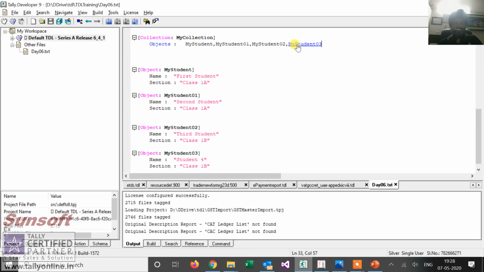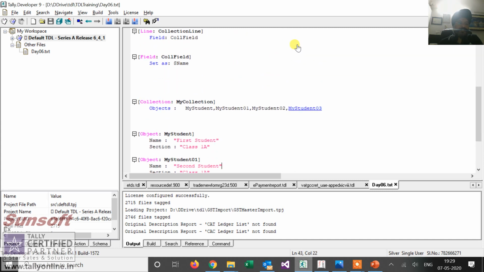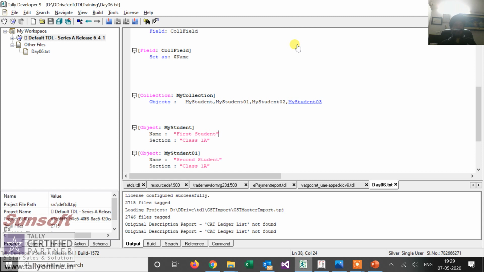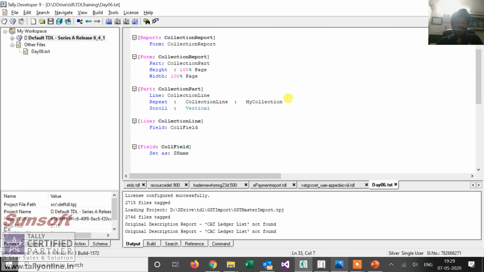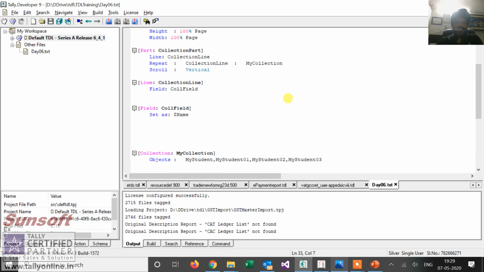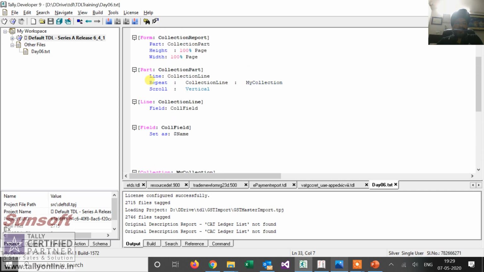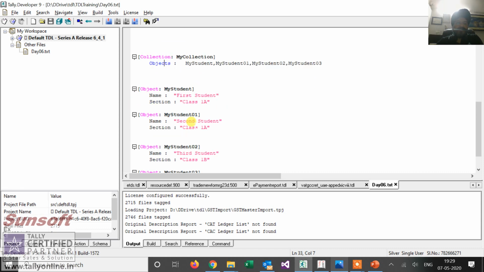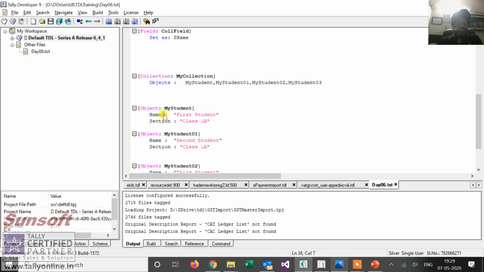So what we have studied till now is that we can create the objects. These are the methods. I have two methods, name and section, and a collection of objects is called a collection. That means the number of objects, if I combine them, like we have done here, is a collection. And to bind the context or to have the data context, I am saying my collection at the repeat level, and then I am saying $name. That means this method I am trying to access.